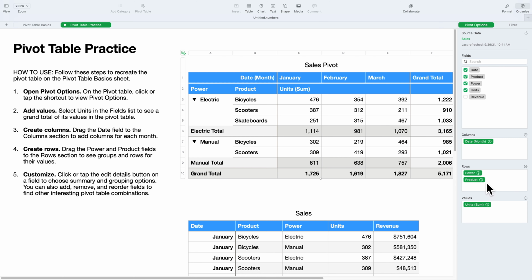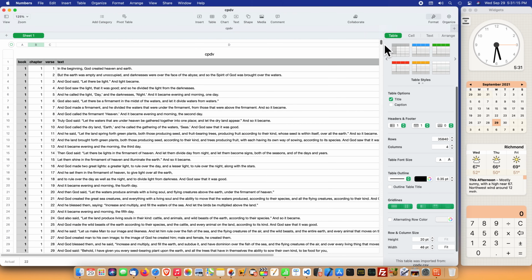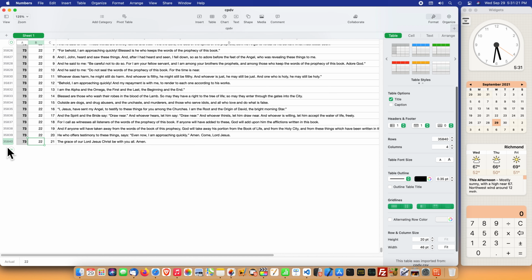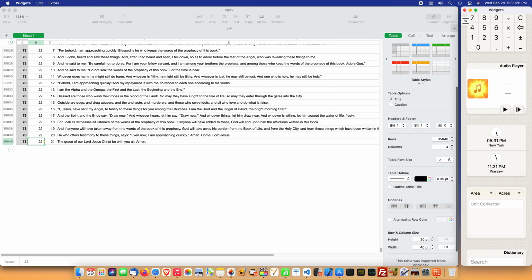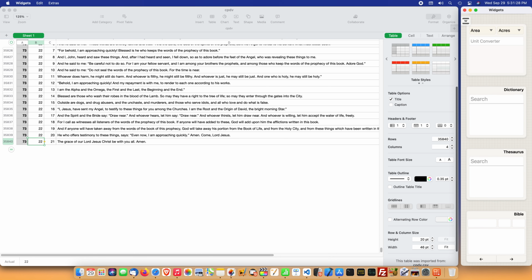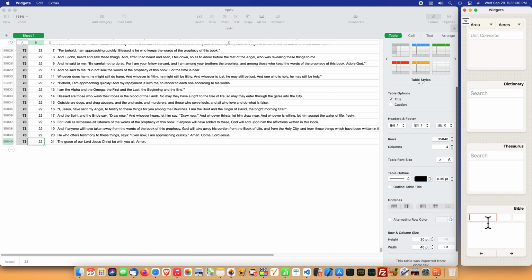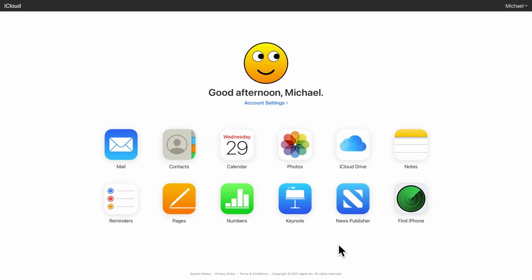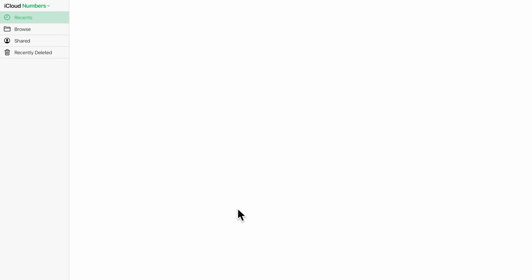Why would I pay a subscription fee when Numbers already takes care of my spreadsheet-related tasks? Here's an example. This is the Catholic public domain version of the Bible. It's over 35,000 rows long. In order to add that data to an SQLite database, I needed to convert the data to comma-separated values, CSV. Numbers got the job done. Numbers has other impressive features too, like iCloud support and cross-platform support.